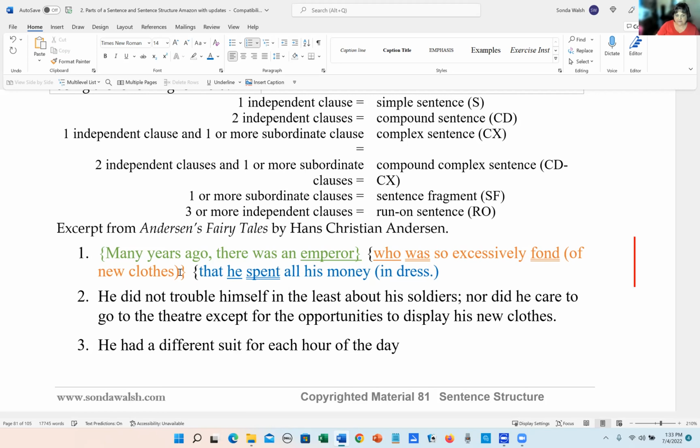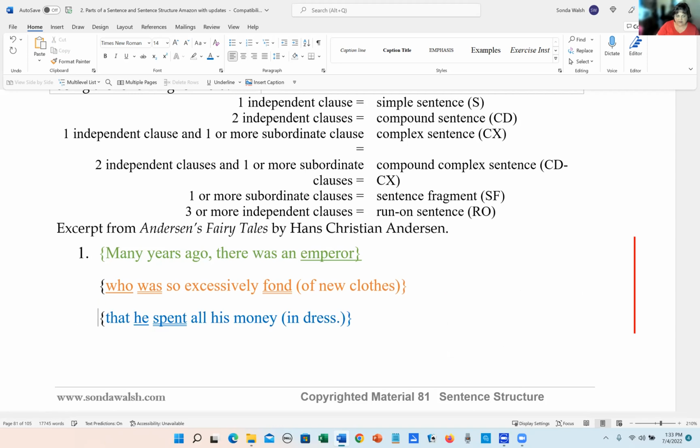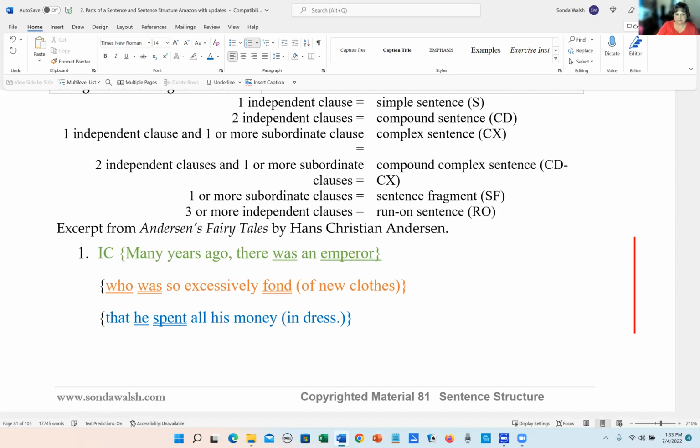Okay, let's see if we can identify the types of clauses that we have now. And I'm going to go ahead and just break this out so that it is easier to identify since I'm doing it on the computer. Okay, so the first thing we do is we forgot to identify that verb. First thing we do is identify, we've got a subject and a verb in each of these clauses. And now we need to identify whether it's a subordinate or an independent. So our sentence is an emperor was there many years ago. That tells when. So this is an independent clause.